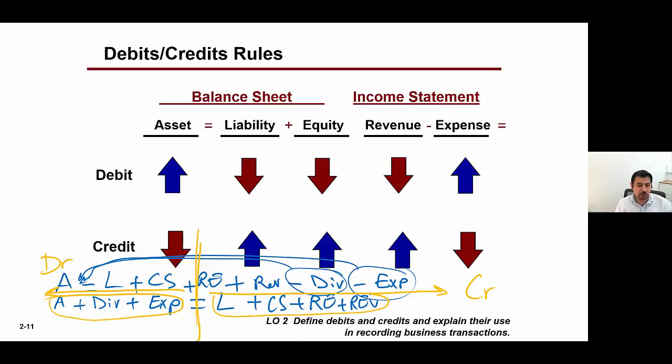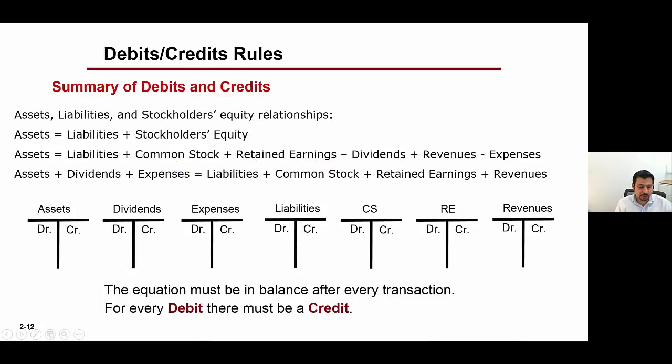So all we need to do is to put all the elements of the expanded accounting equation in pluses, and then the left side of the equation is left, which to me is debit, and the right side of the equation is right, that would be credits. This is exactly what we have just mentioned. At this point, we can see how they would look. So we have here plus, plus, equal,